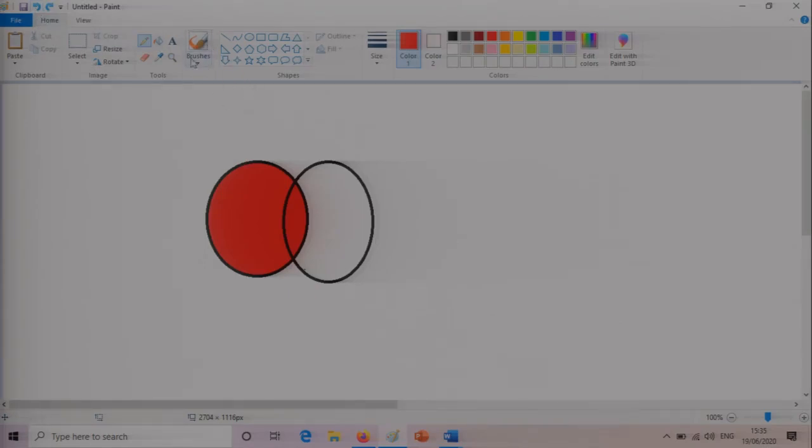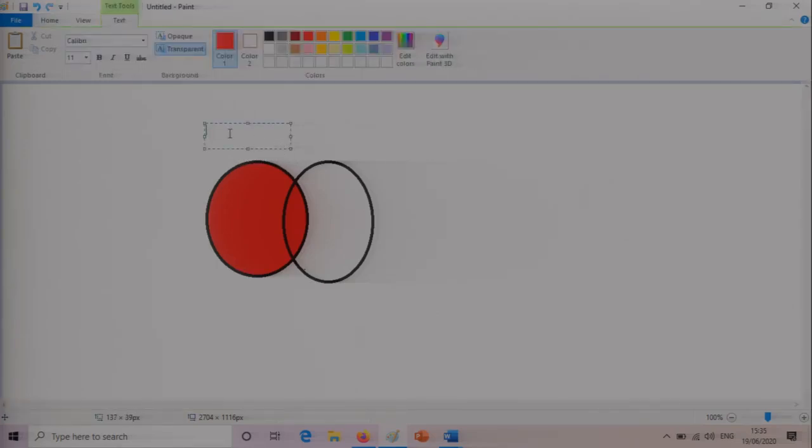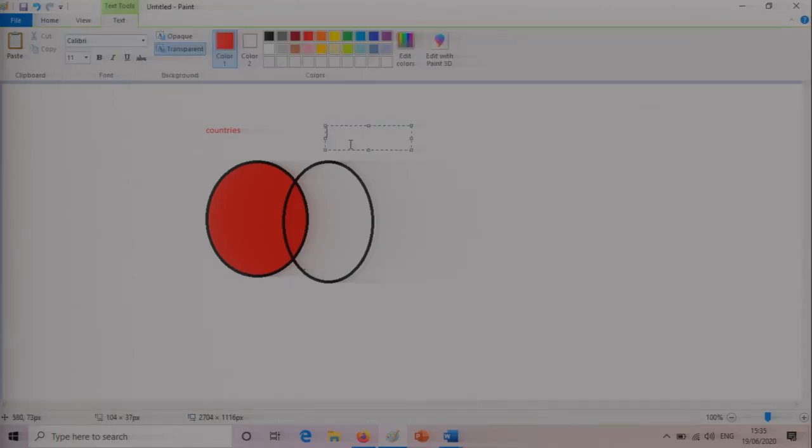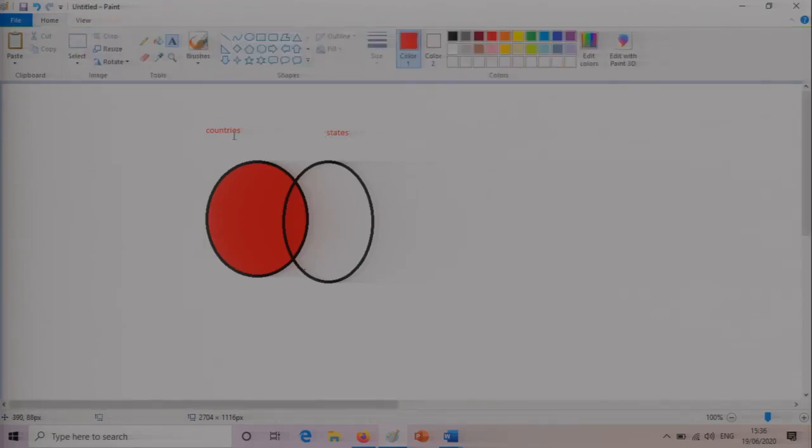So this is the countries table, and this is the states table. So is this better? Okay, so this is the countries table. Countries table has some exclusive entries here in this part, and this is the common part.